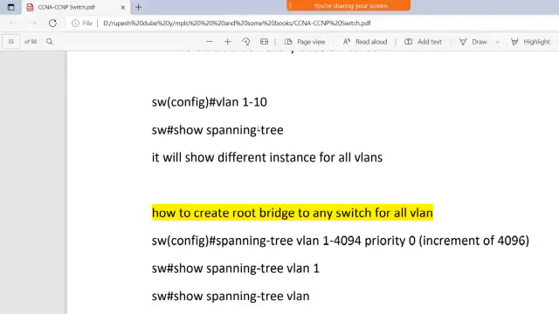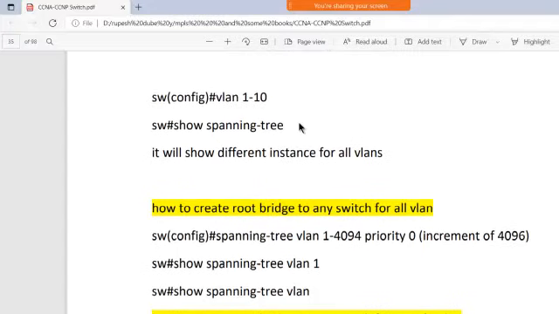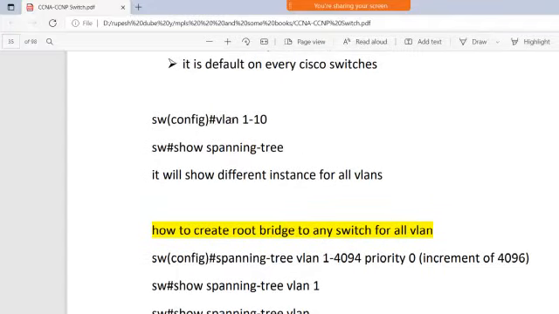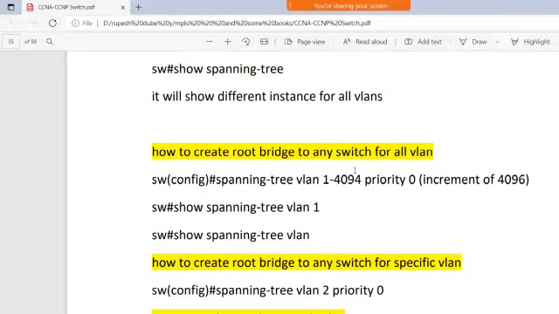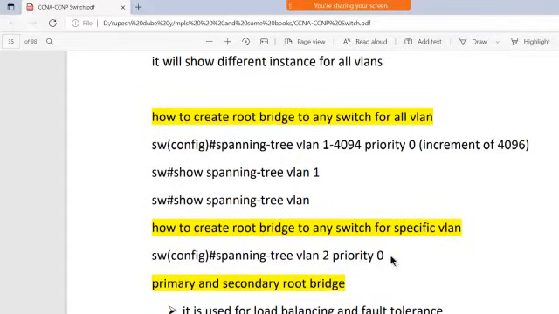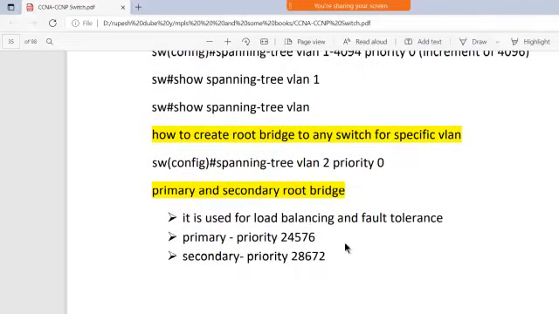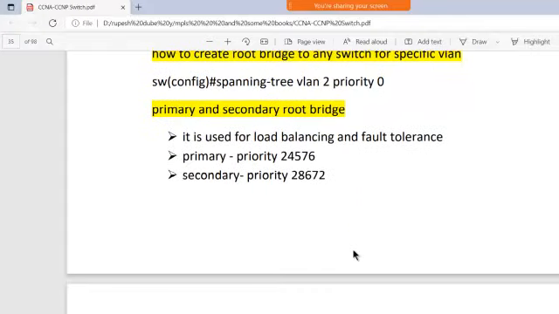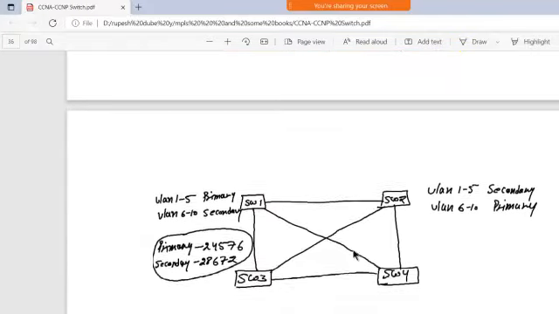Just simply, first of all you have to make the VLANs, and after that you can select the particular priority. Always the lower priority will be preferred, so you can set the lower priority for VLAN number 2 or whatever VLAN you want. So you can set the priority and make it the primary root bridge.